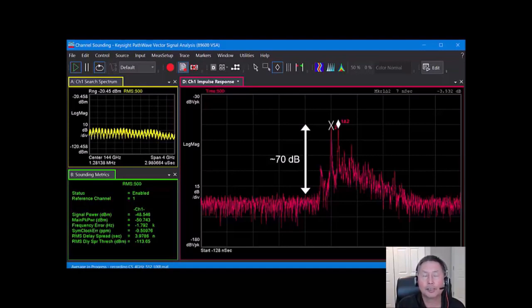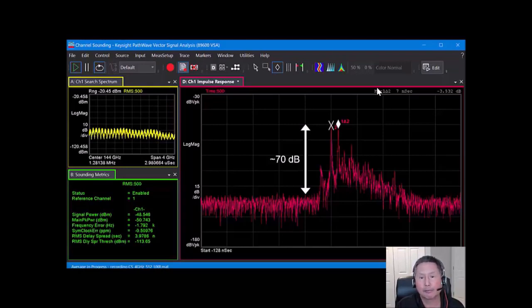There are two ways to do this in the channel sounding measurement. One is to increase the number of repeats parameter. This will acquire a longer time record and average repetitions of the impulse responses together. This method of averaging is useful to dig the signal out of the noise when the measurement is having trouble synchronizing. However, the measurement will update slower and be more sensitive to symbol clock error. The alternative is to enable VSA measurement averaging. We've selected the exponential version so that the average keeps being updated after the count has been reached.